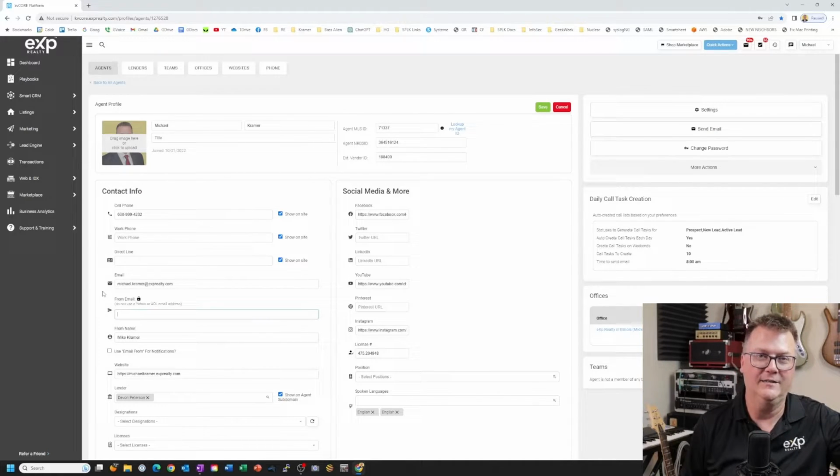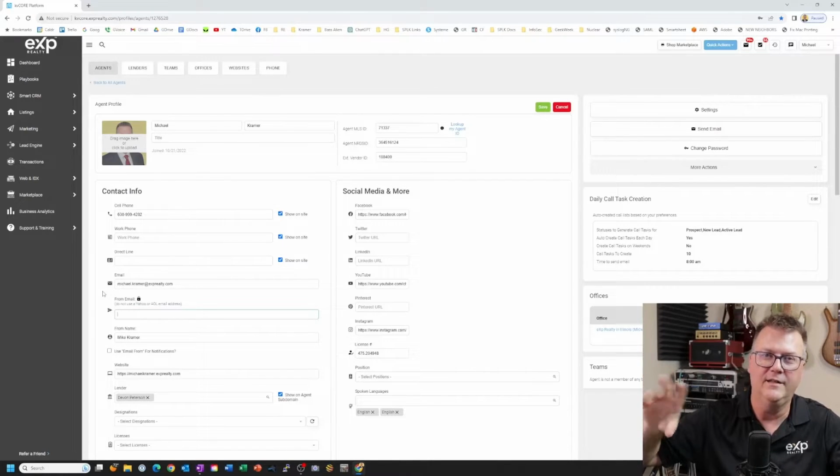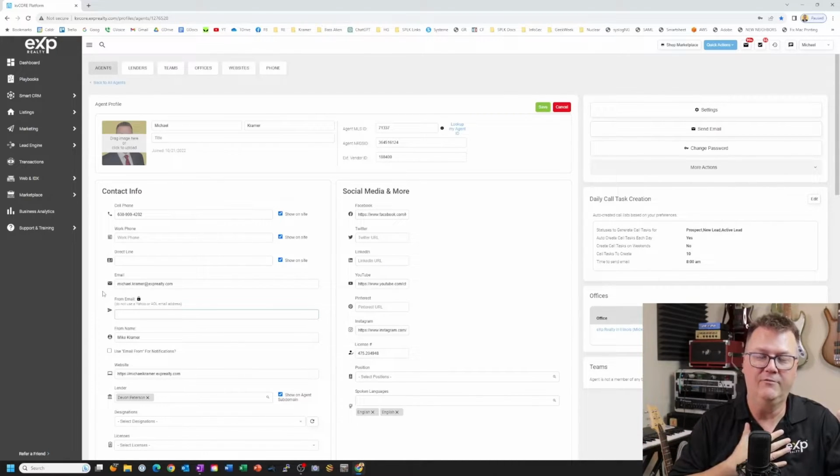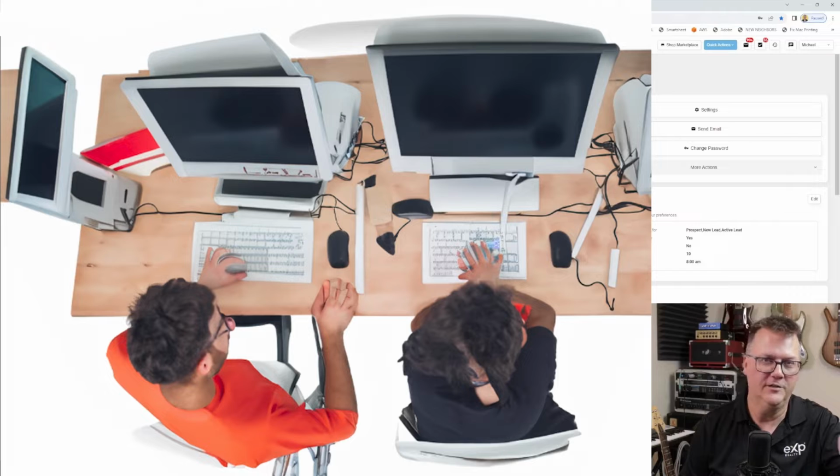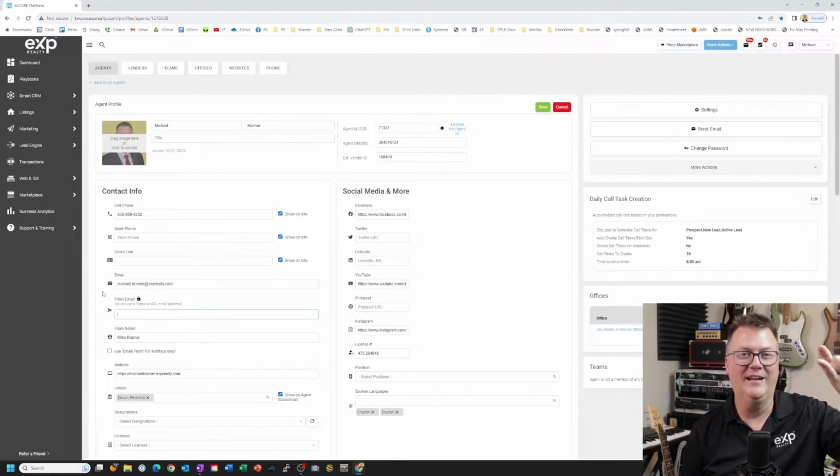Now, GetResponse just lets you add different records that don't conflict with kvCORE. So because I'm using a vanity domain and I want to use that same domain to send newsletters, GetResponse will let me. They give you a unique DNS text record for DKIM, whatever, nerd stuff. But if you're a nerd, maybe you know what I'm talking about. Otherwise, just trust me when I say there's no conflict using GetResponse. So I can have GetResponse send my email newsletters and I get a 10 out of 10 on Mail Tester,